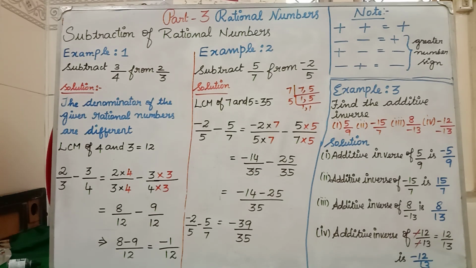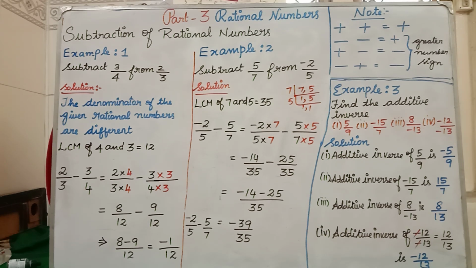Students, in part 2 video, we have learned the addition of rational numbers. In addition of rational numbers, we have learned two cases. The first case is if the denominators are same, for us it is easy to calculate. In the second case, if the denominators are different, what we have to do? We have to take the LCM and make the denominators the same. Then as usual, we do the procedure that we have learned in the part 2 video. I hope you all have done the homework.